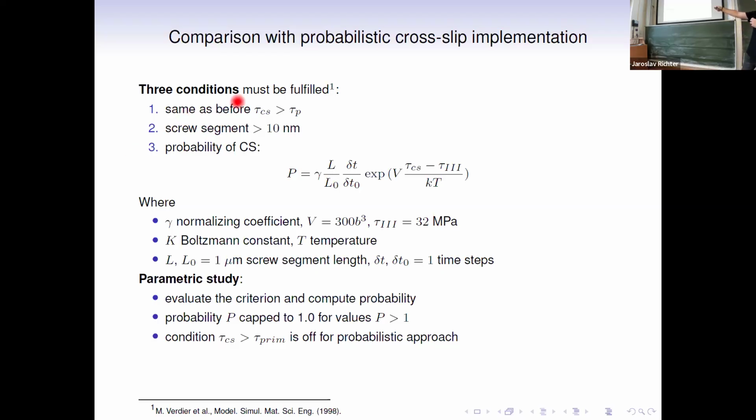They have the same condition as von Zakratochvil was assuming. Then they require that some minimal length of the dislocation segment must be fulfilled. And then the probability of the cross-slip follows some exponential distribution, and basically it depends on the temperature, and